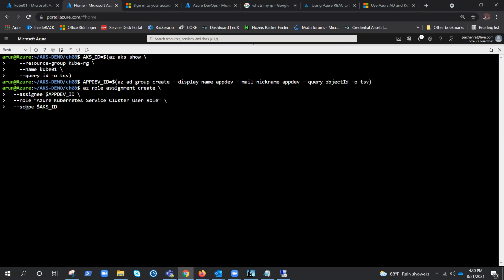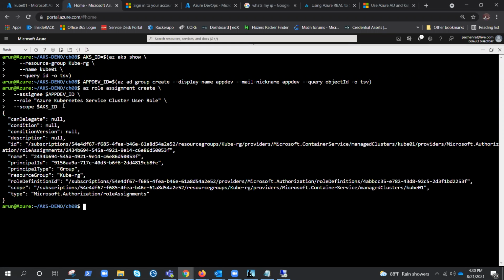And the scope is AKS ID. That's what we did at the very first command that we ran. So that's how it will help us to assign the role to this group. And once this is done, we'll do the same thing for the other group. This group is the dev group, and the other group we are giving a name of